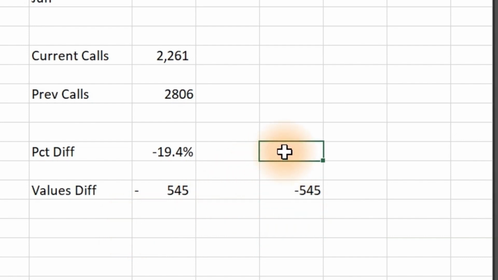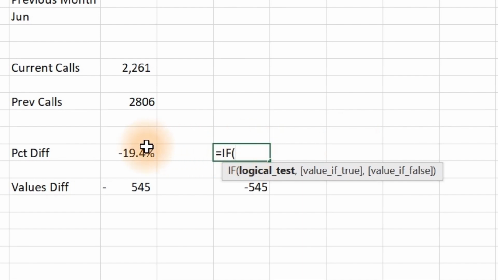Then let us do it for the percentage. It's very, very important for the percentage as well. So we do the same thing for the percentage. We use the IF. Over here, we use the IF. So if this particular one here is greater than